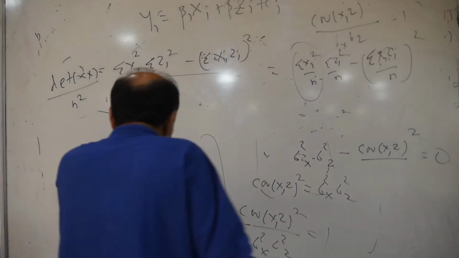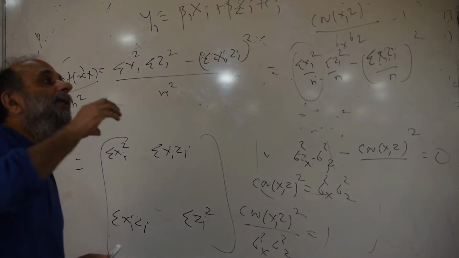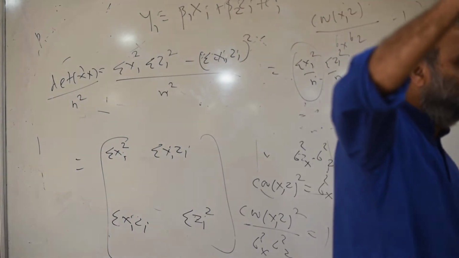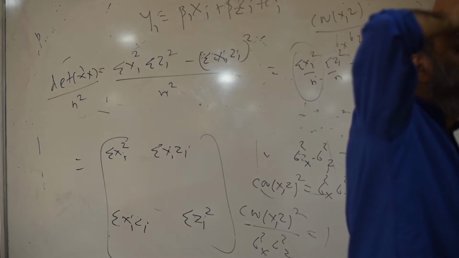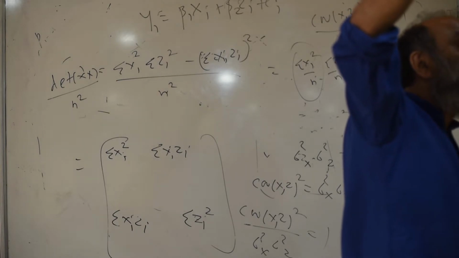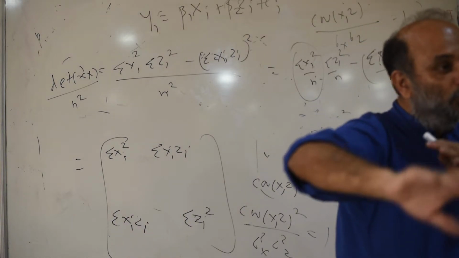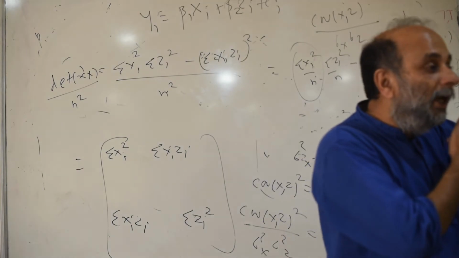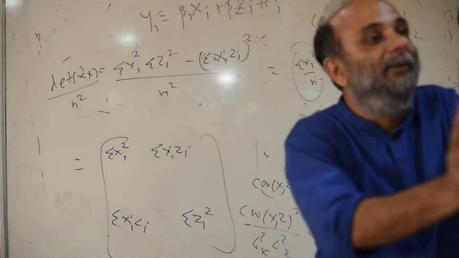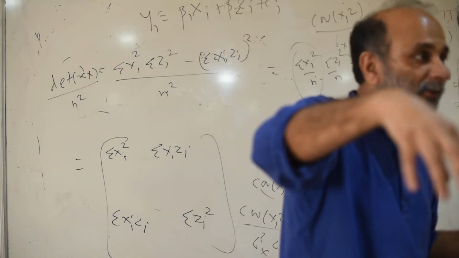If x and z are perfectly correlated, like for example, you are looking at a child's educational attainment as a function of the mother's educational attainment and father's educational attainment. And suppose you find that the father's and mother's educational attainments are perfectly correlated. Then you will not find beta 1, which is really asking: if I keep the father's educational attainment constant and vary the mother's, what is the impact on the child's education? And keeping the mother's constant and varying the father's, what is the impact on the child's education? That is what beta 1 and beta 2 are supposed to give us.